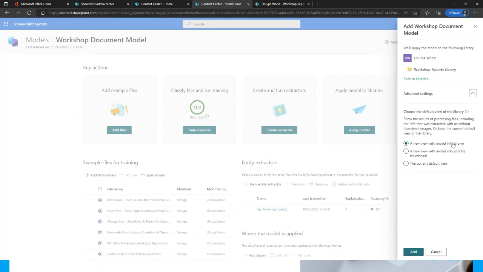And then it says a new view with model info shown, or new view with model info and file thumbnails. So you can have some nice different kind of look and feels and things like that. So I'm going to just select a new view with model info and file thumbnails, because this gives us a nice kind of thumbnail of what the documents will look like. So I can click on add,